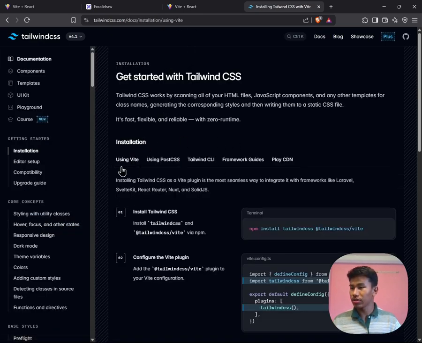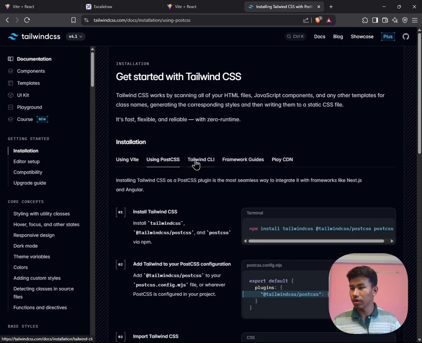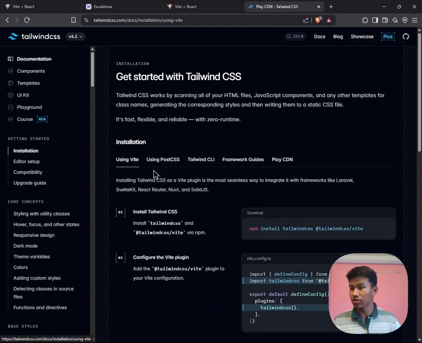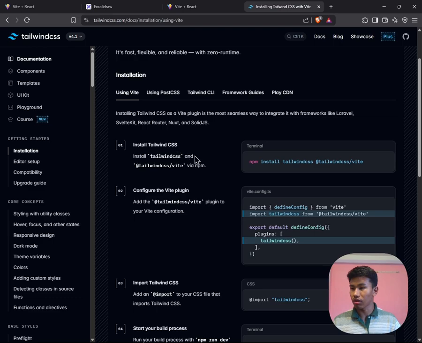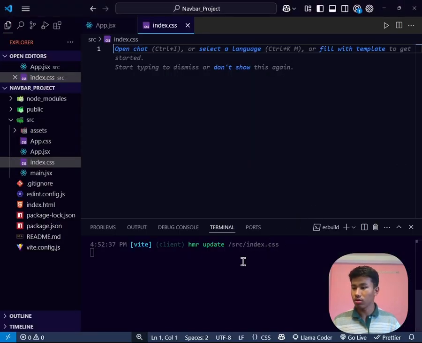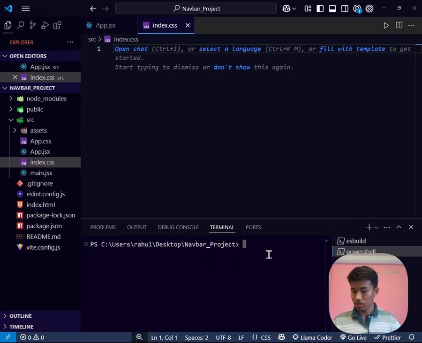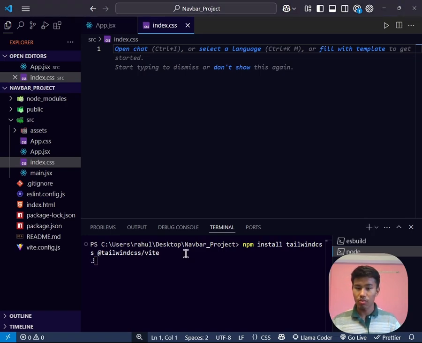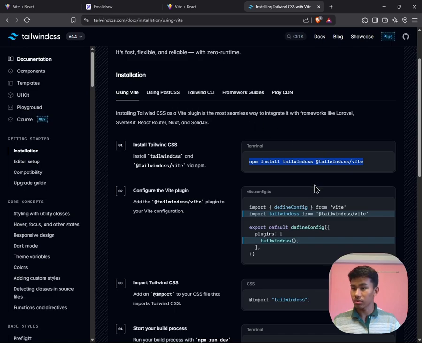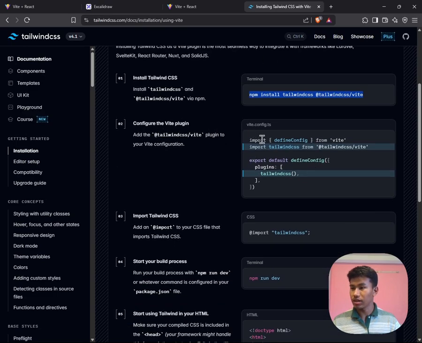And since we are using Vite, we are not using any of this. We are using Vite, and we have to install Tailwind CSS in our project. So copy this, go to VS Code. Here our app is running, so let's not touch this one. Open another terminal, paste that command, which is going to install Tailwind CSS. Go back to the Tailwind CSS website, and it is telling you to